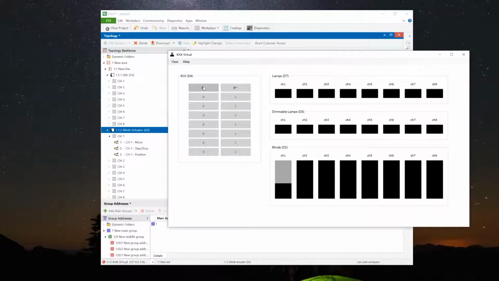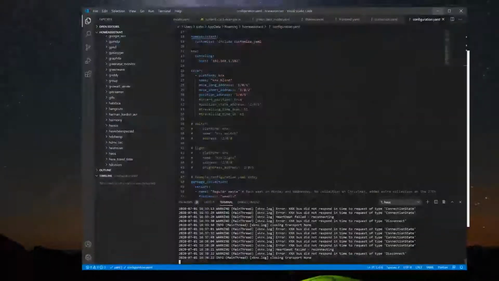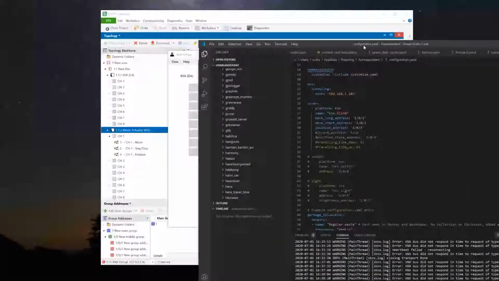Yeah, I'm not quite sure what's going on there. It's probably something to do with KNX Virtual, and I'll hold that down. Okay, so that KNX Virtual appears to be working kind of okay. So I'll go in now and look at the settings for